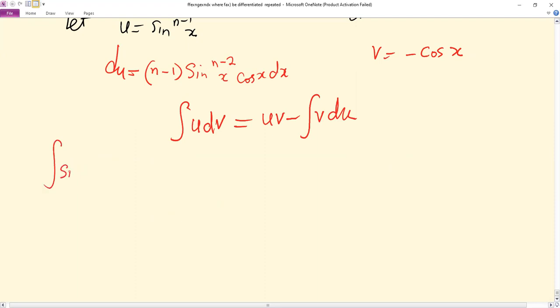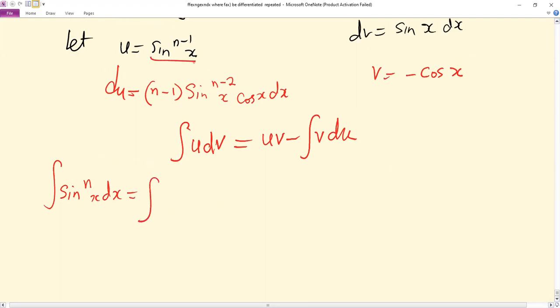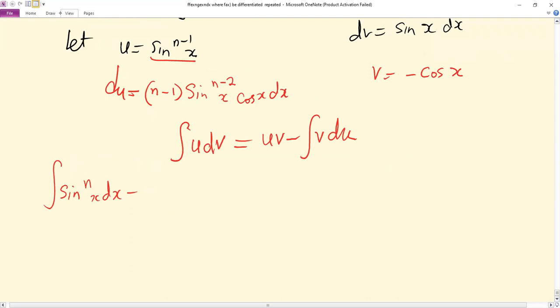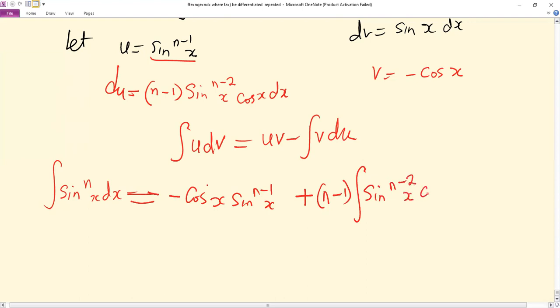So the integral of sine power n x dx will be uv, which equals minus cos x times sine raised to power n minus 1 x, and then minus v du, so this will be plus n minus 1 times the integral of sine power n minus 2 x cosine of x times cosine of x dx,